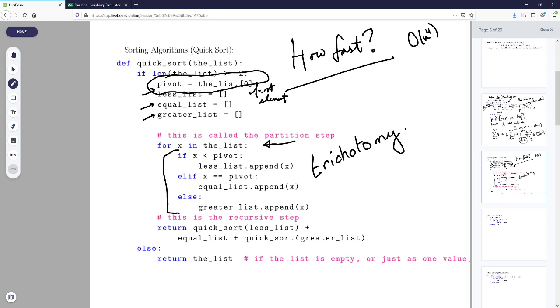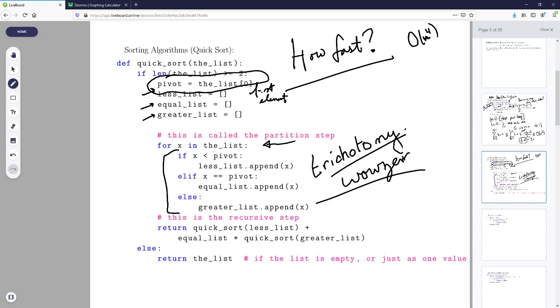So trichotomy. All trichotomy means is it's a fancy word that was invented that's saying if you have a number, all numbers are either less than that number, equal to that number, or greater than that number. And you think to yourself, wowzers, that's absolutely the most insane thing I've ever heard. And as it turns out, it's not. But it has a name.